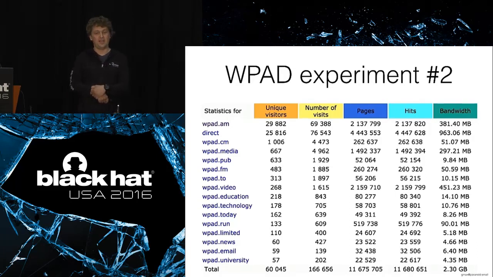I bought the domain name at 12 o'clock a.m. Munich time, and I spun up an AWS micro instance just to receive the traffic. So I put the IP address in the DNS record of this domain name. The domain name was wpad.to. And after about 25 minutes, I started receiving the traffic.